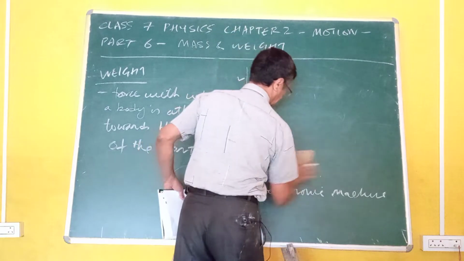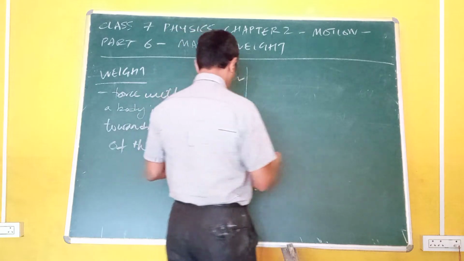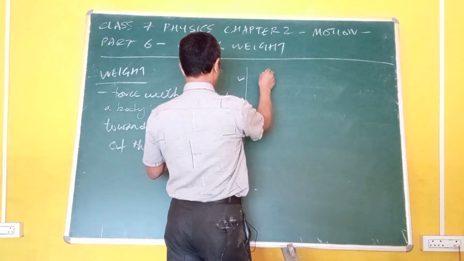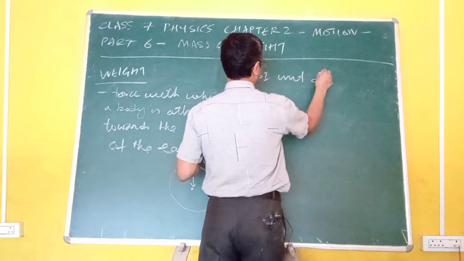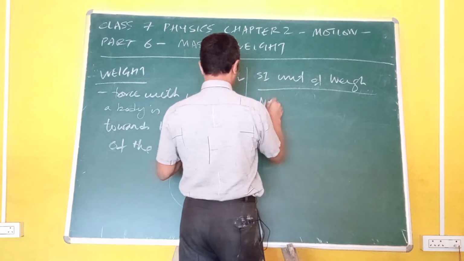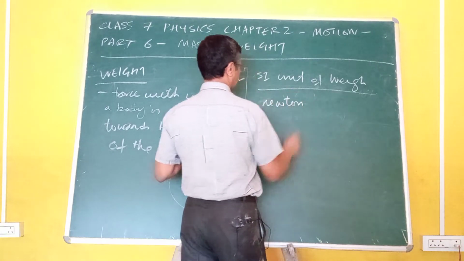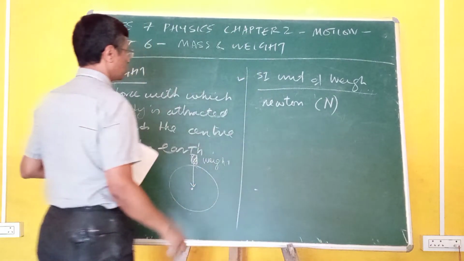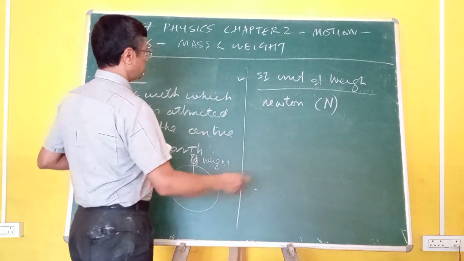Now the SI unit for measurement of weight is called kilogram force. The SI unit of weight is measured in Newton, and when you write the full word newton, it is in small case, whereas if you write a single alphabet, it is always written in capital N. So Newton is the SI unit of weight,